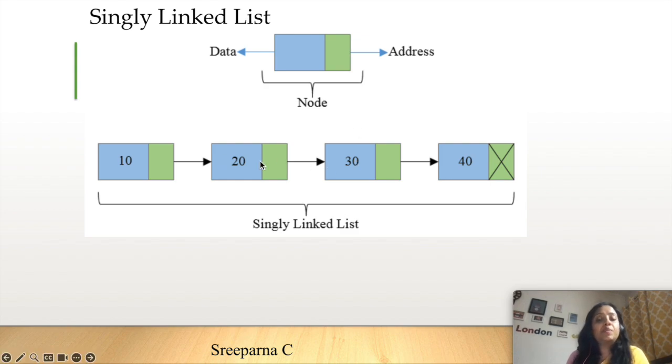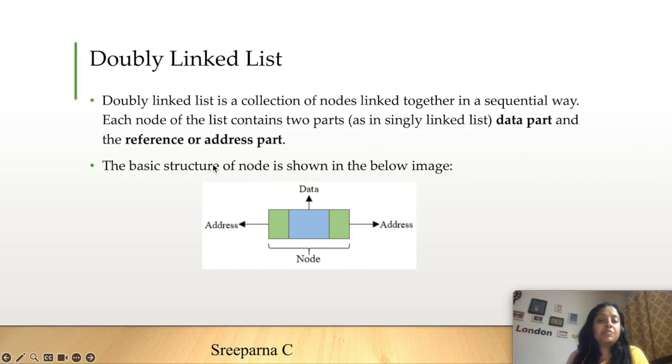The only way to go back to 20 is to end the traversal. Again, you have to start from 10 and then you can travel to 20. So there is no backward path present here. To overcome this problem, we are studying a new type of linked list, that is the doubly